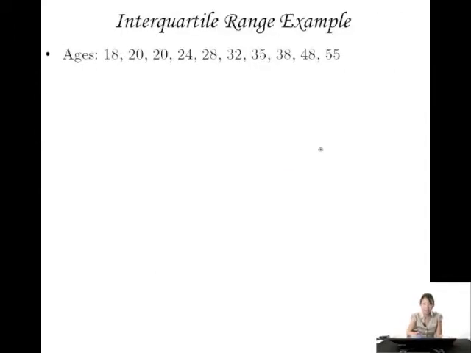So let's do another example. Here, let's say there are these ages, and we want to know what the interquartile range of this is. Well, first it helps to separate them by quartiles. So there are 10 numbers here. So because of that,